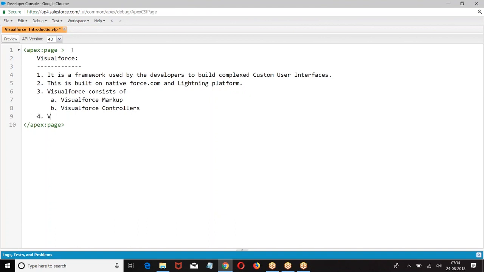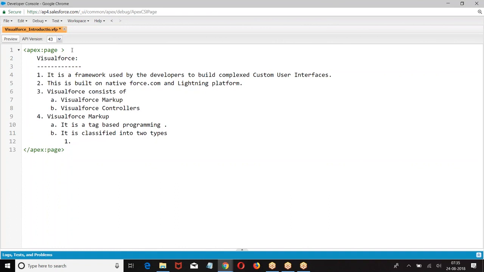What is this Visual Force markup? It is a tag-based programming. It is classified into two types.